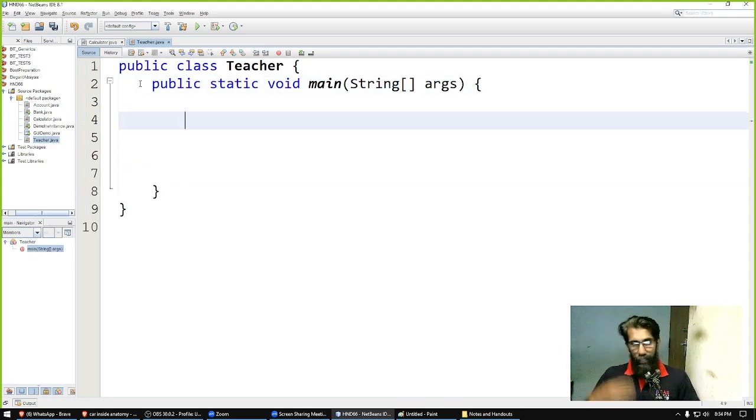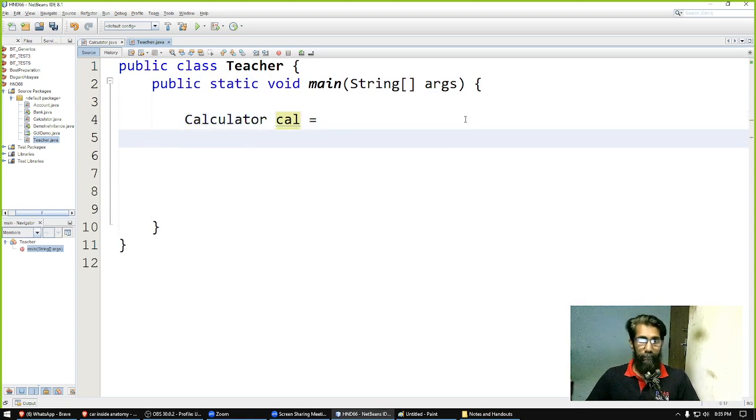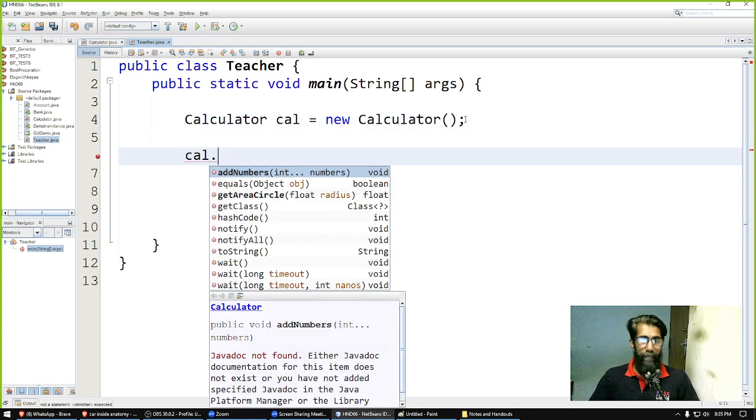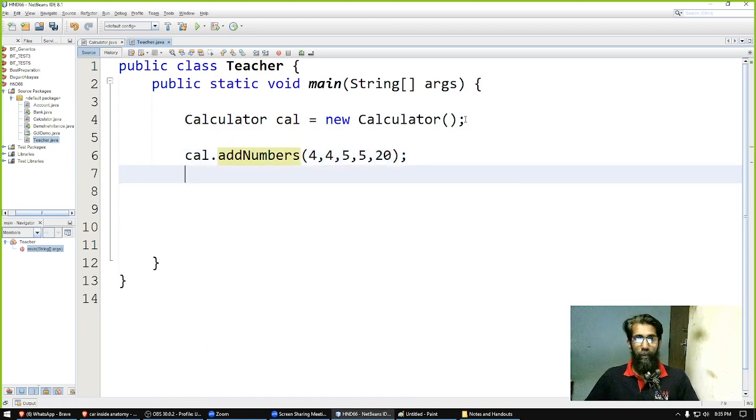Now we need to create, whoever uses that, you need to have a method has to call another method, one method has to call another method, so that you can build the interaction between these objects. For that, I'm going to say calculator, assign the value new calculator, like this. And again, Akila, this is the default constructor, we did not code it, Java automatically gives that. Now what we're going to do is, we're going to say cal dot add numbers. Now if you want, you can give 4 comma 4 comma 5 comma 5 comma 20, no problem. It will tell you what is the